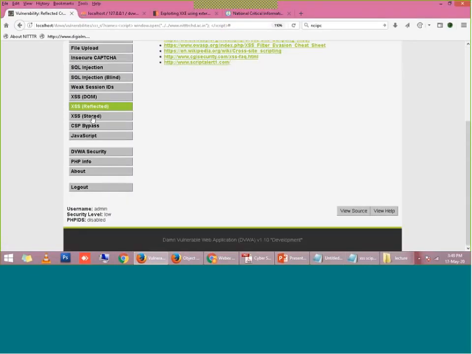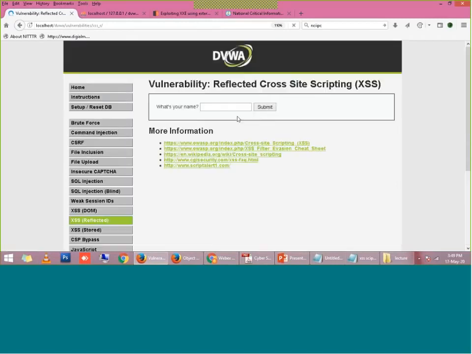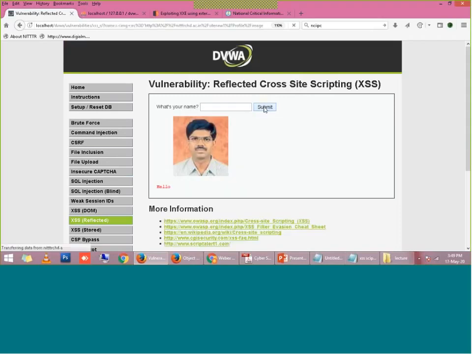Next, in reflected XSS, we can also use an image tag. Suppose I write an image tag here, what will it show? It will show the photo of Ramakrishna sir.